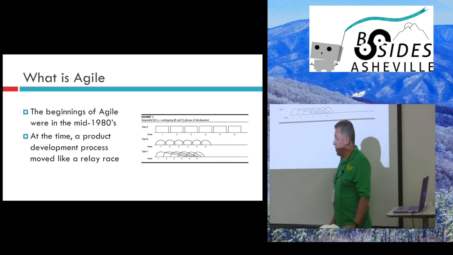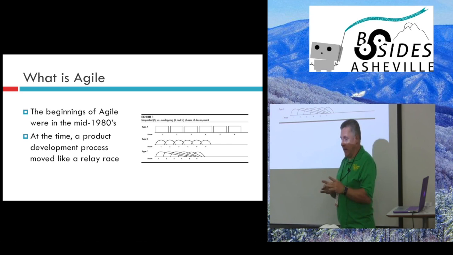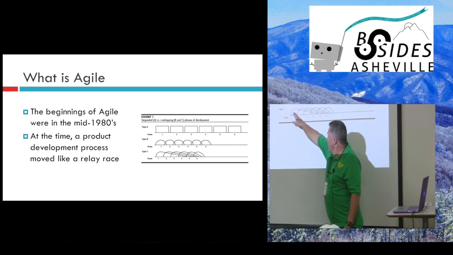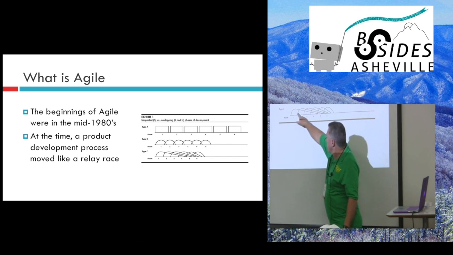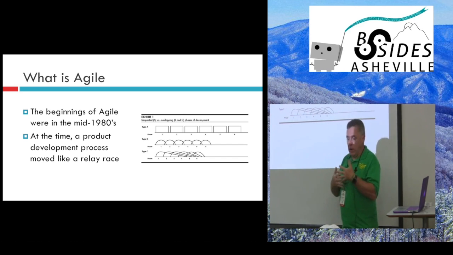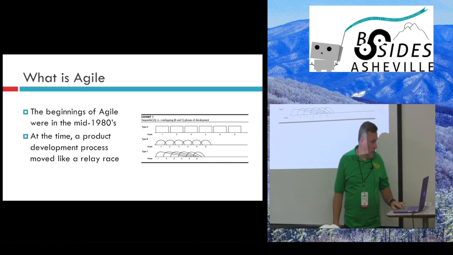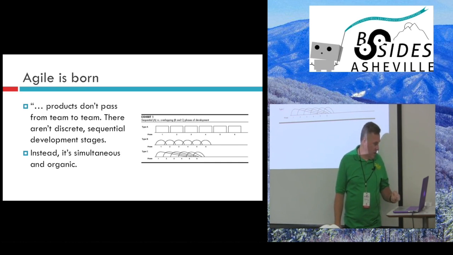Agile, on the other hand, is you have a fully self-contained team that goes through the whole process. So they will start going through the process, and then as a product gets released, they'll actually start the next development process. So you get a lot of overlaps, but you're also expecting some things that I'll talk more about in just a little bit. I actually got a little bit ahead of myself.